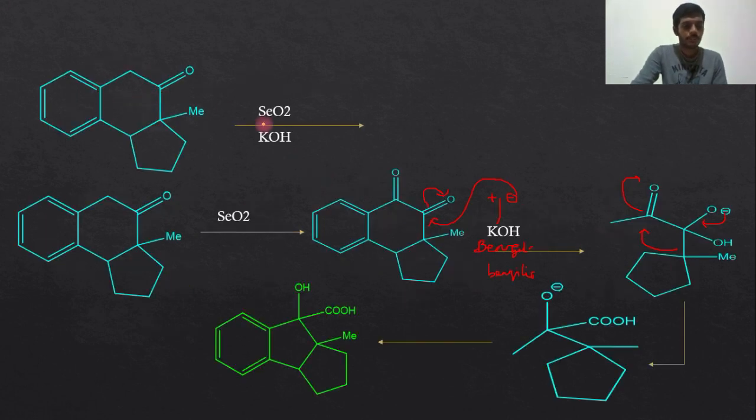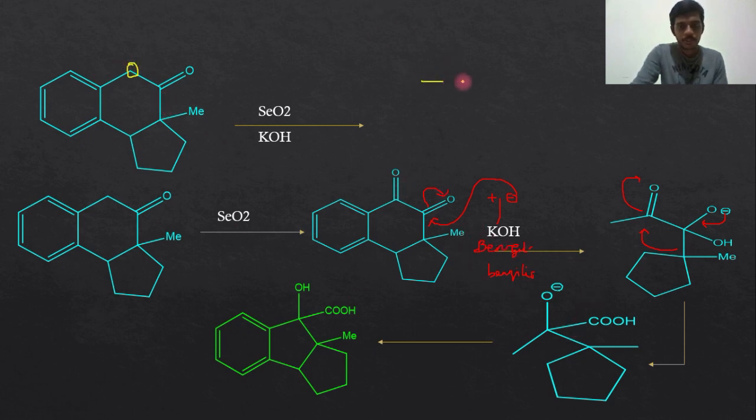This is also a previous question. You see here this is the active methylene group. So this CH2 group is acidic and so the oxidation happens over here. After that K plus OH minus will be there. The OH minus will attack this carbon and this will come as O minus forming this compound. Again this minus will come over here and this bond will migrate over here and this will come as O minus forming the intermediate, this one. After that, this 6-membered ring, this is the benzilic acid rearrangement.